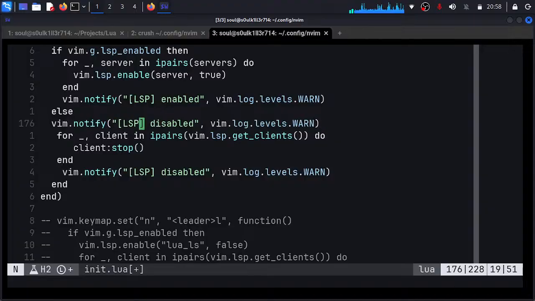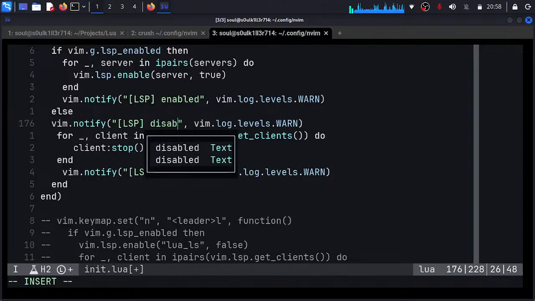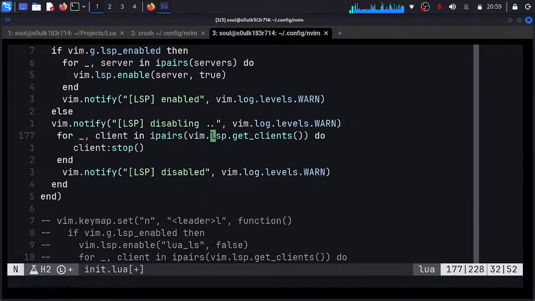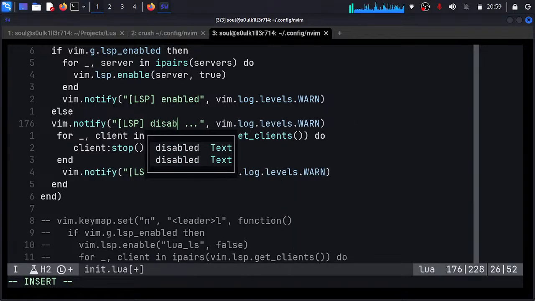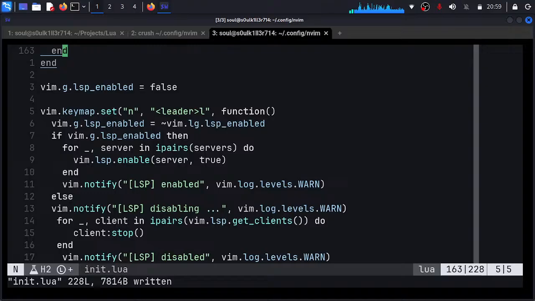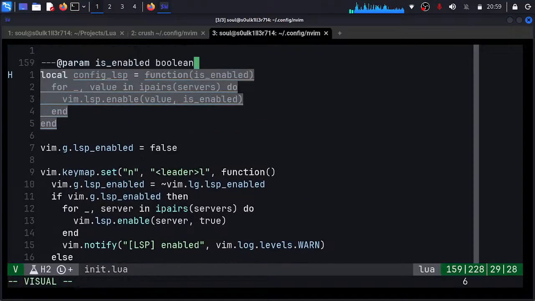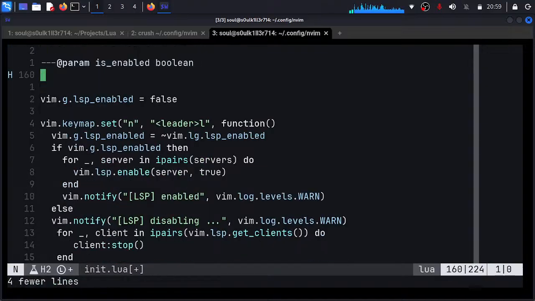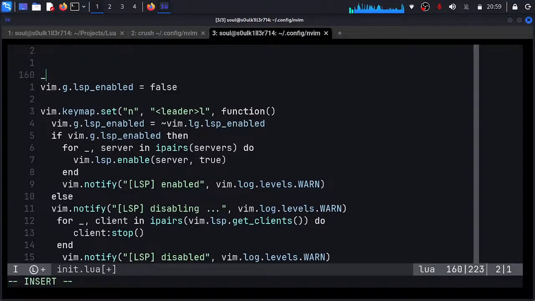I think I should say disabling. Disabling, disable is what I think should be here. This is a better way to